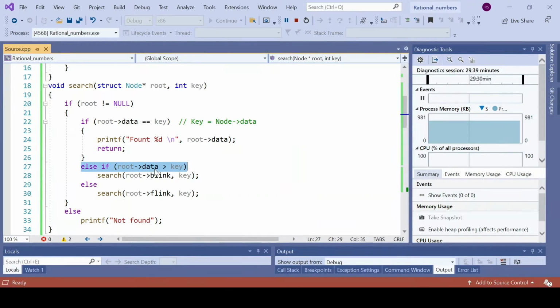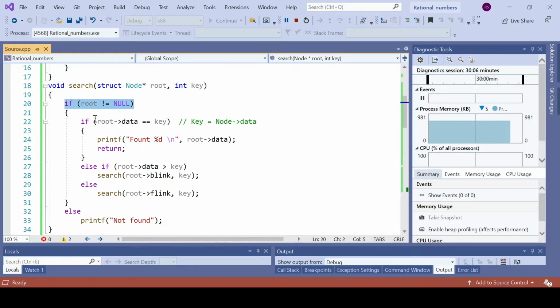If the root data is greater than the key data, then the search is continued from the left side, else it is continued on the right side. This search will continue until either we identify the value by meeting this condition, or we reach a null value.